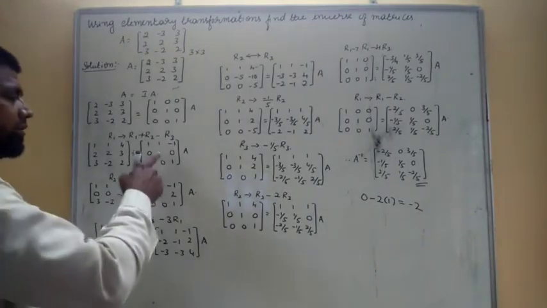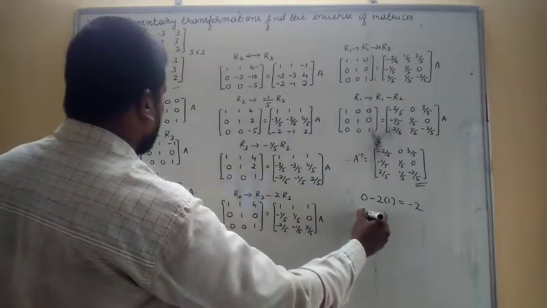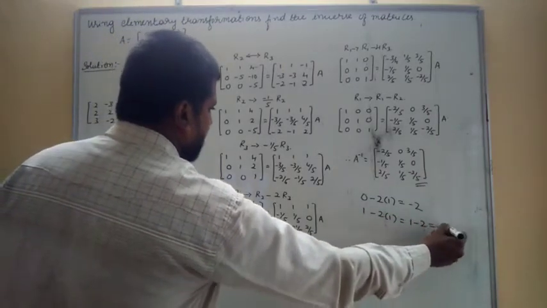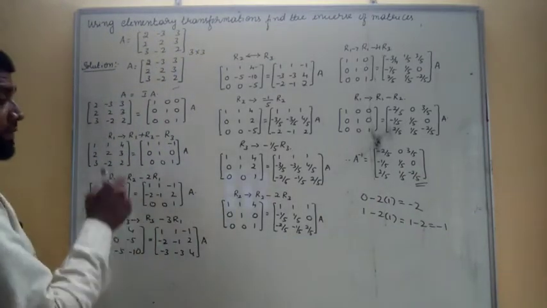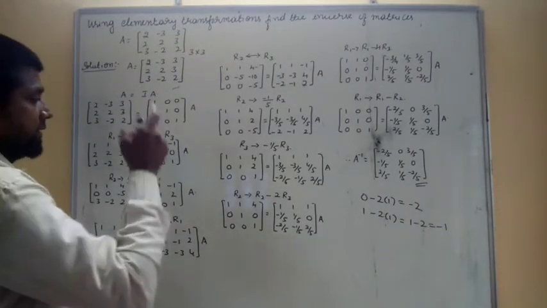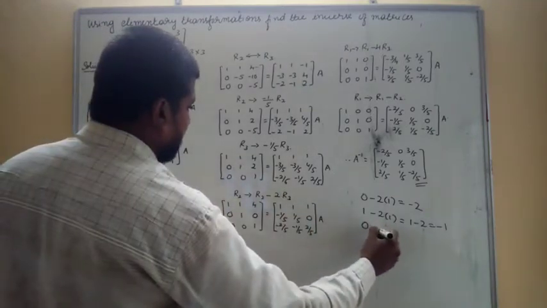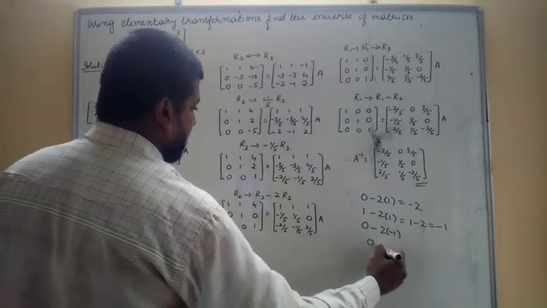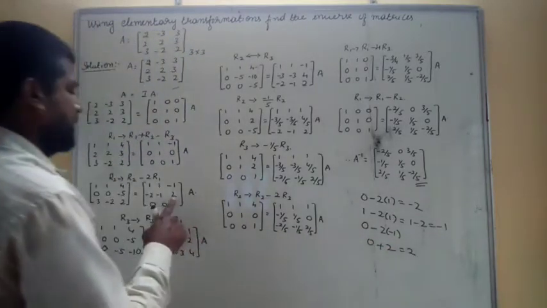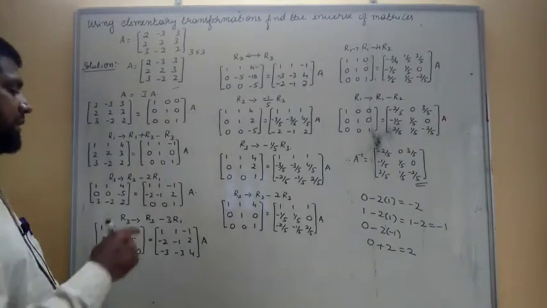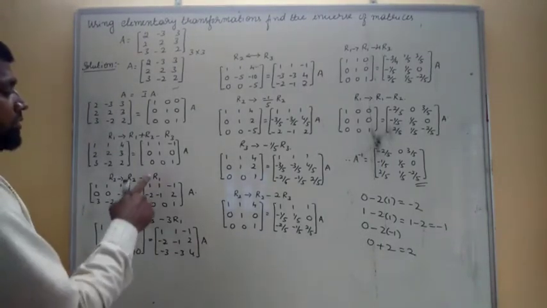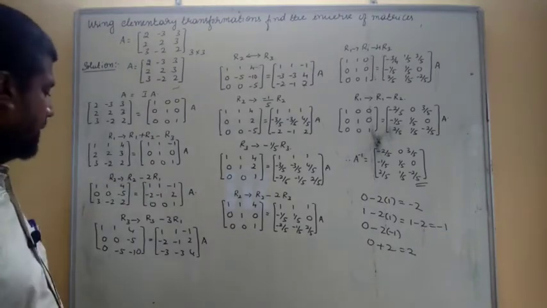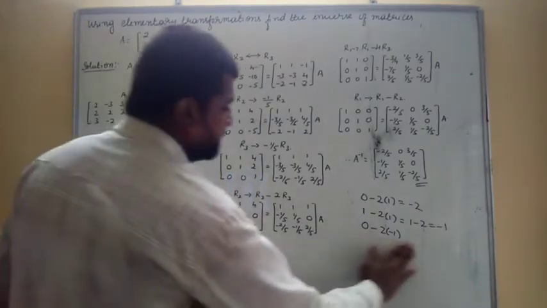Then second row second element is 1. 1 minus 2 into 1, then you are getting 1 minus 2 means minus 1. I'll write here minus 1. The next third element is 0. Then 0 should be multiplied. 0 minus 2 into minus 1 means 0 minus into minus plus 2. You are getting 2. 2 you have to write here in the third element. Then next the third row you should write as usual here 0, 0, 1. So let us go for the next step.